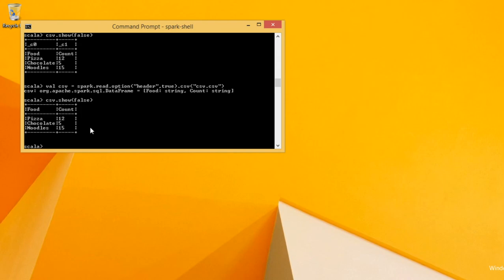Let's say I want to write the JSON thing into a Parquet file.